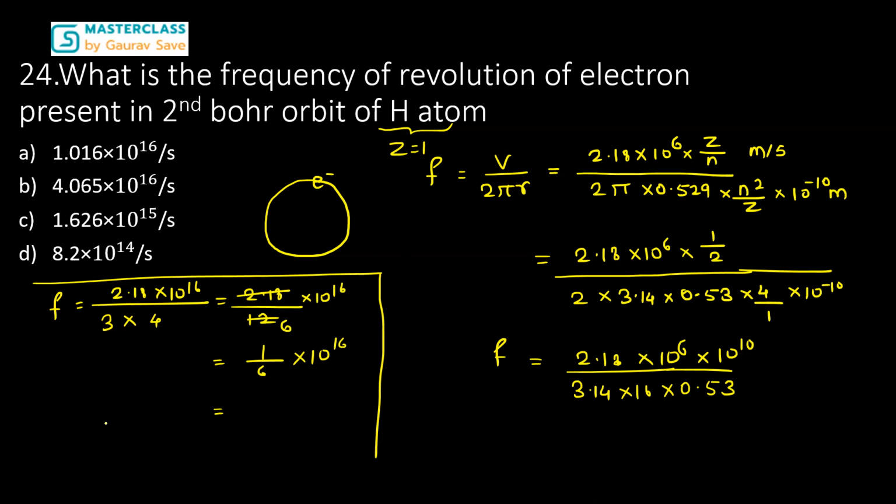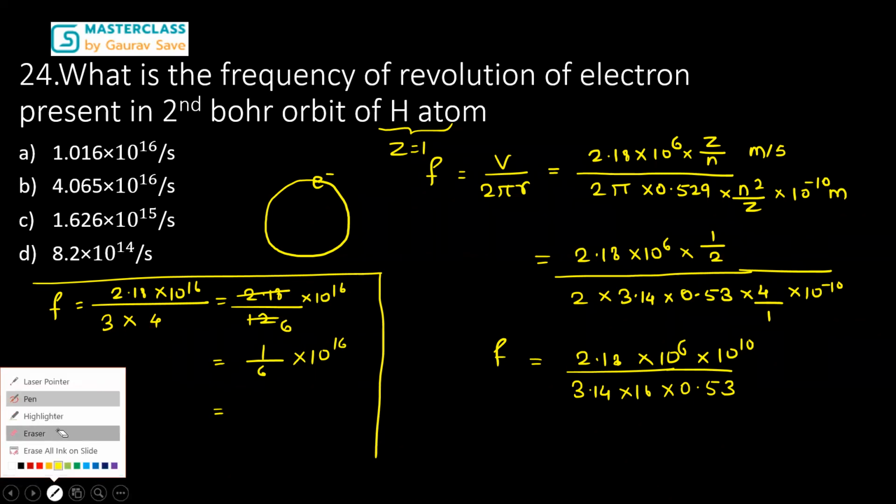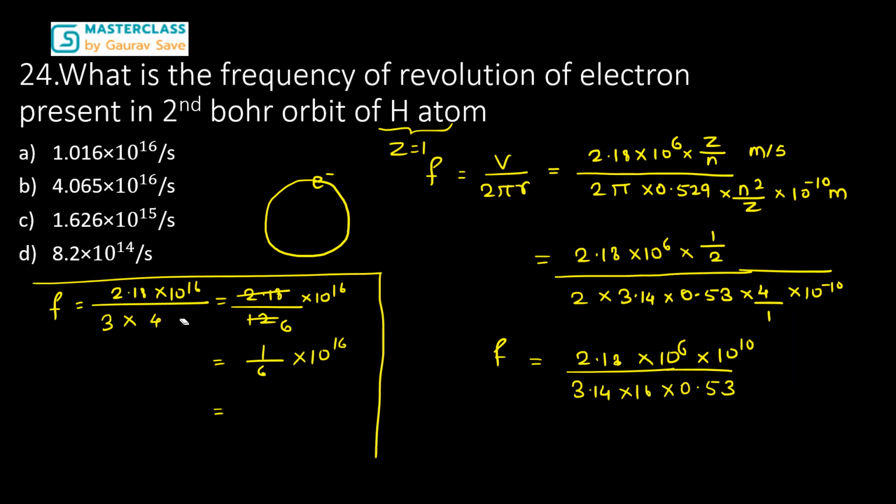Okay, I have made one mistake. So 16 into 0.53 will give us 8. Okay, this is 8 over here. So 16 into 0.53 will give us 8, so this one will become 24. So 2 ones are 2, 12 2s are 24. So 1 upon 12. So the answer will come around